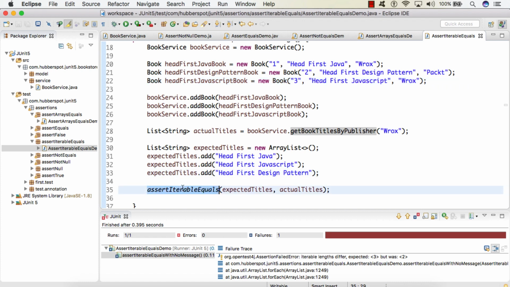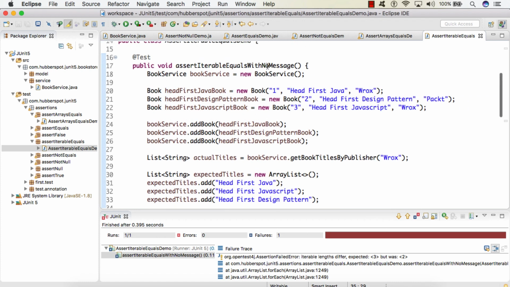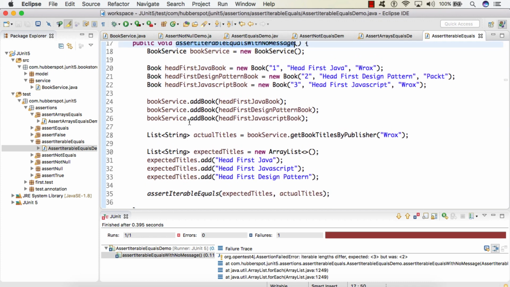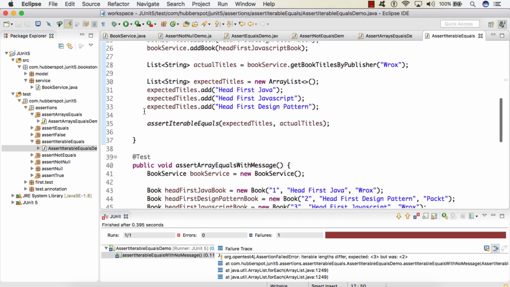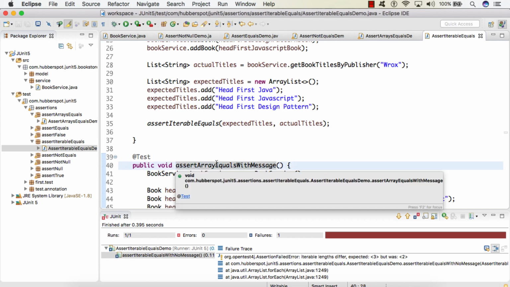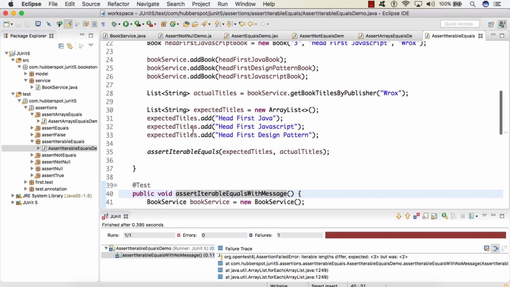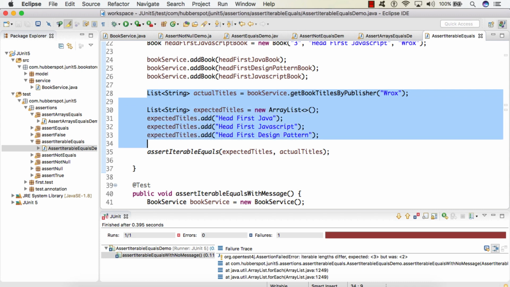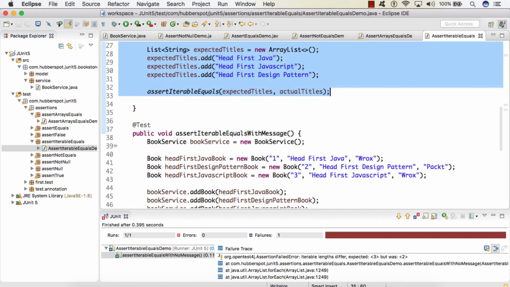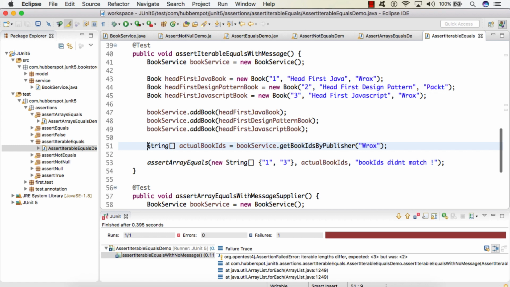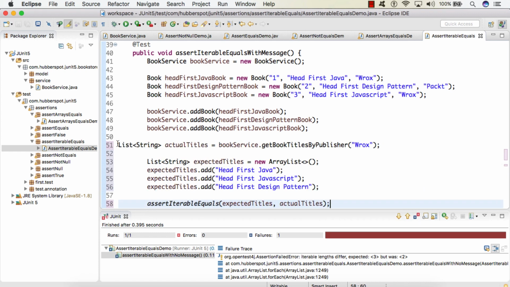So friend, this was the first assertIterableEquals method with no message. Now let's see the second overloaded method of assertIterableEquals, which takes in a message. Here I will give the name of this method as assertIterableWithMessage, and I will just copy this part and paste it here.